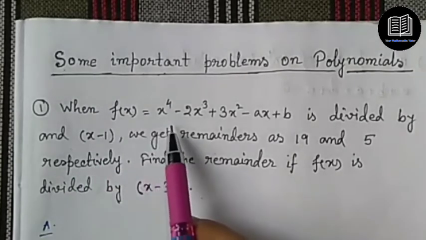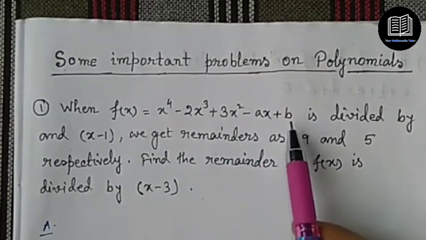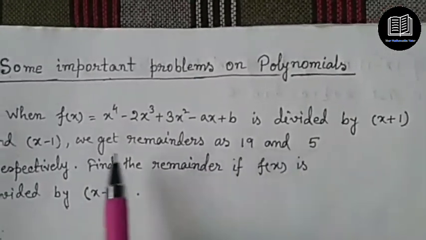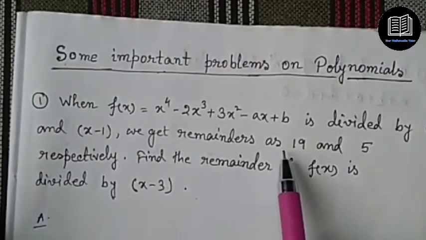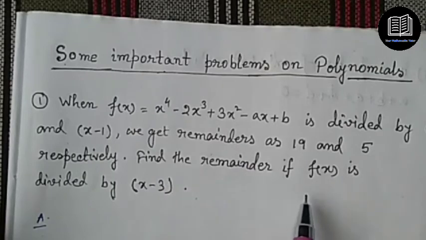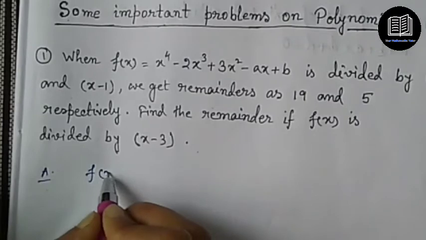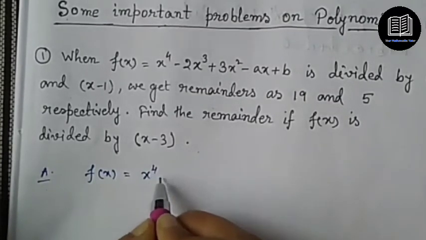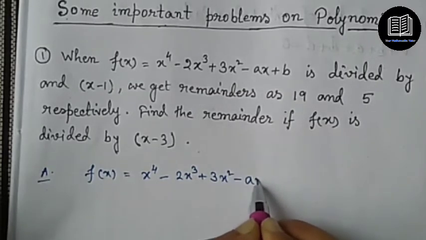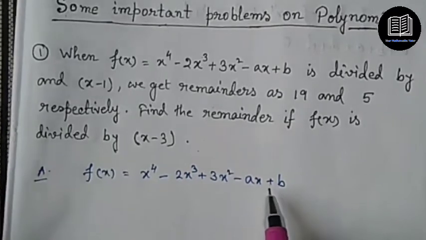when f(x) equals x to the power 4 minus 2x cube plus 3x square minus ax plus b is divided by x plus 1 and x minus 1, we get remainders as 19 and 5 respectively. Find the remainder if f(x) is divided by x minus 3. So here f(x) is given as x to the power 4 minus 2x cube plus 3x square minus ax plus b, where a and b are unknown. Now